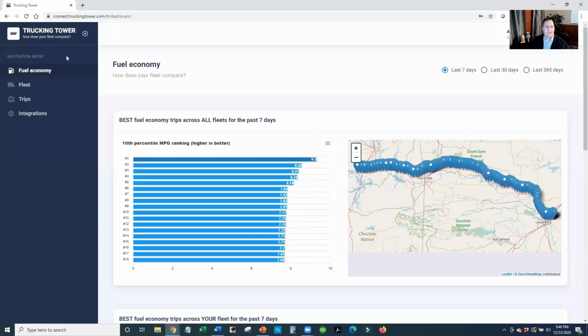I'm going to start out at the dashboard. So if I'm a user, I log in here, and I've got a menu over on the left. Over here, you've got fuel economy, fleet, trips, and integrations. Just starting from the top here, if I'm a user and I want to see the best fuel economy